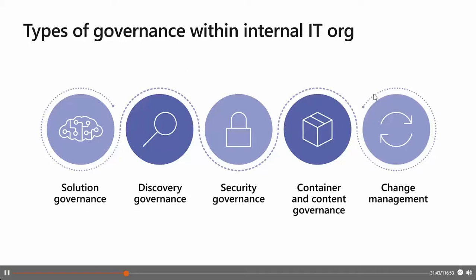Then the security governance, where you check all the security features you have in place, that they are effective, that they work for you, and really provide great security. Then the container and content governance, and obviously the change management itself over the whole cycle of your solution, and all the different processes itself.